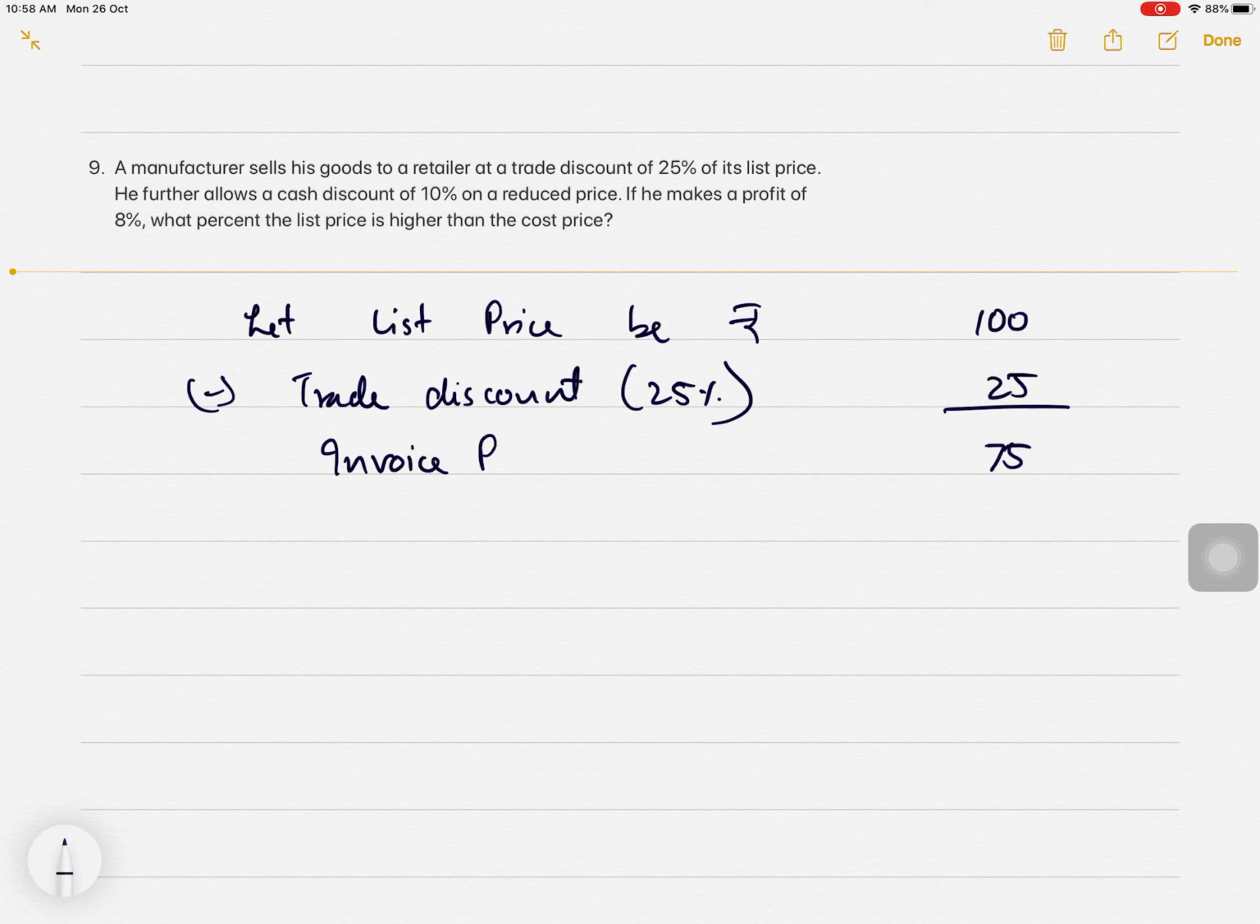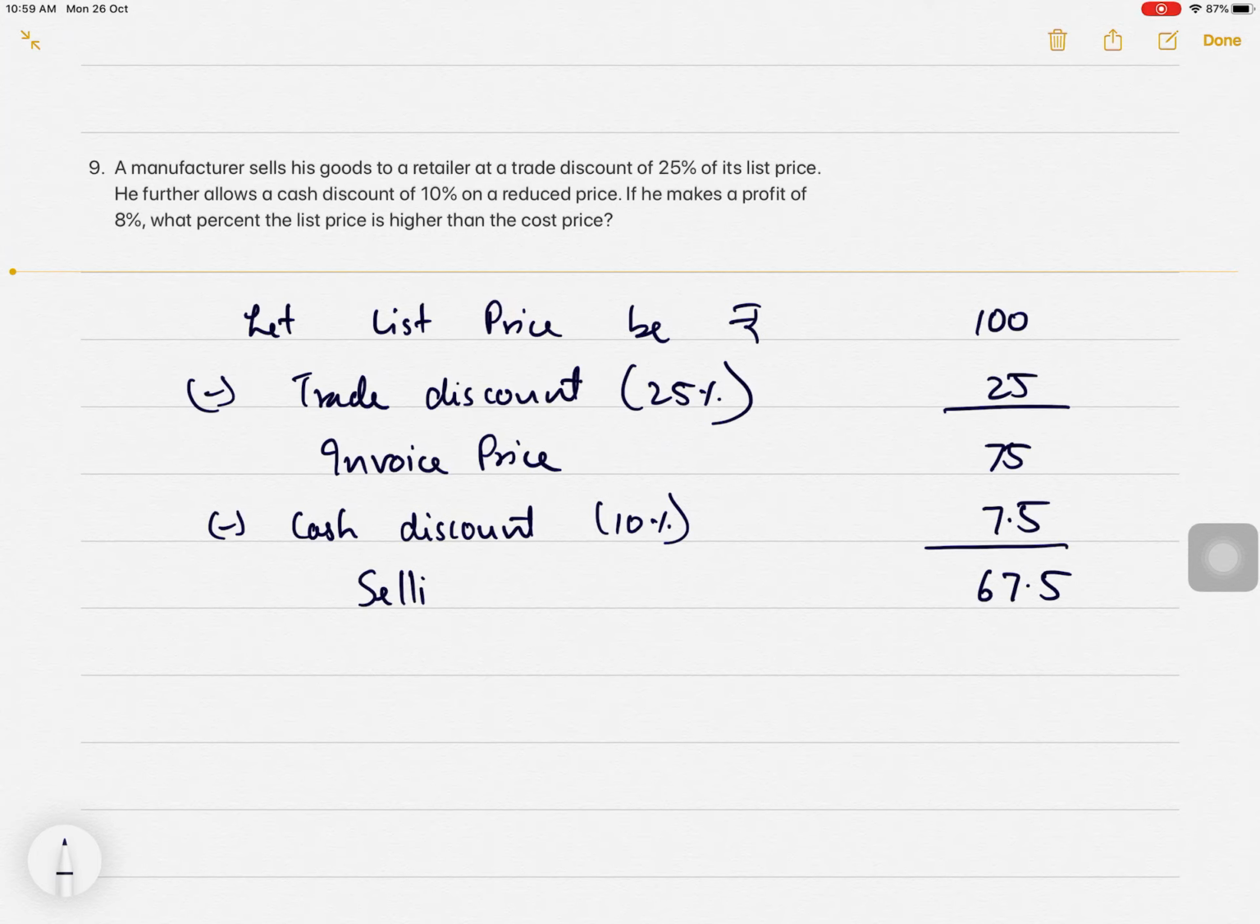Invoice price becomes 75. He further allows a cash discount of 10%. So less cash discount 10%. 10% of 75 is 7.5. Correct? So 75 minus 7.5 comes to 67.5. This is the selling price